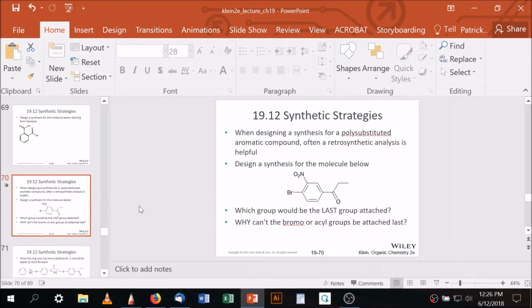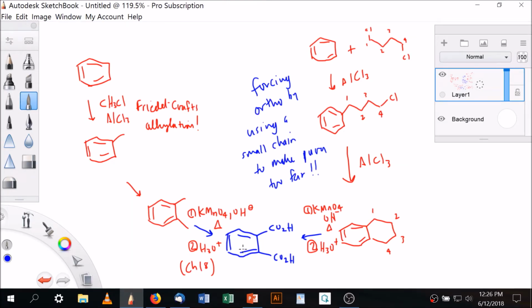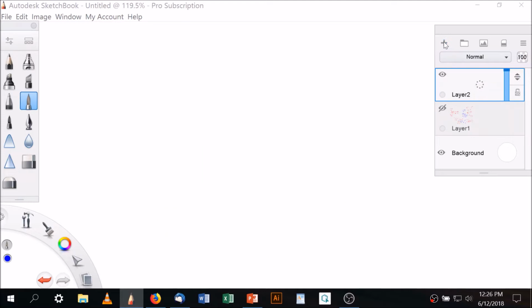When designing a synthesis for polysubstituted aromatic compounds, often retrosynthetic analysis is helpful. So what we mean by that is, I did a retrosynthetic analysis here. I said, I'll start with the end and think what might have come upstream of that, right? That's retrosynthesis. And let me go further and say that with retrosynthesis, a lot of textbooks, including Klein, will oftentimes use a weird symbol, okay? And here's the weird symbol. They're going to say, how do you make